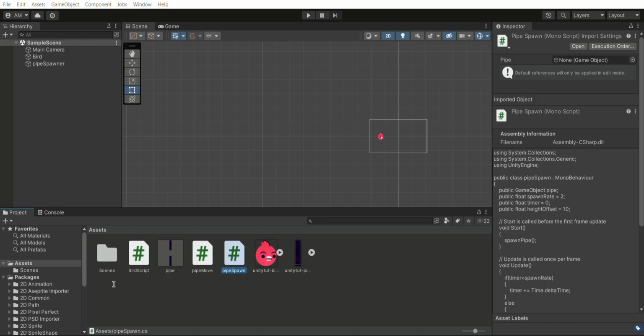But now how will it spawn a pipe? Here I have two variables which basically are the position of the pipe plus minus a certain limit, which is the height of it, which I have set over here. So basically I have used Instantiate which creates a new pipe. Since pipe is written here, it's the object to be created. And the position for the new pipe is the same x position as the old pipe. For the y position, it is a random number between the lowest point possible and the highest point possible. So I have taken the old pipe as an average, and then I'm taking a variation of 10. And then z, since we're